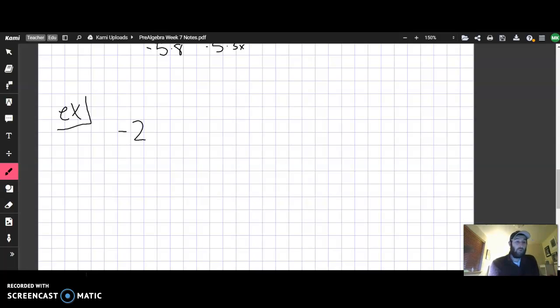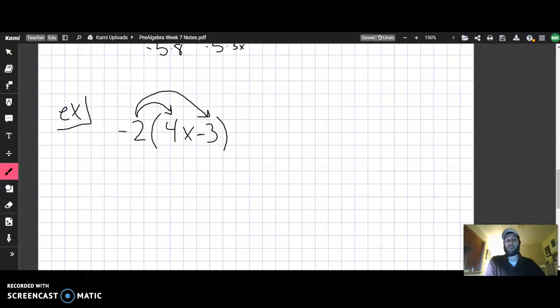So one last example. Let's do negative 2 times (4x minus 3). The x can go either in the front or in the back. Either way is going to work out just fine for your problems. This particular example has the x in front, so we're going to multiply the negative 2 times the 4x and multiply the negative 2 times the negative 3. I'm drawing the arrows over to help me keep track of what I've multiplied and what I need to multiply. So that's why I draw the arrows on top. It's not actual mathematical notation. It is just an easy way to keep track of